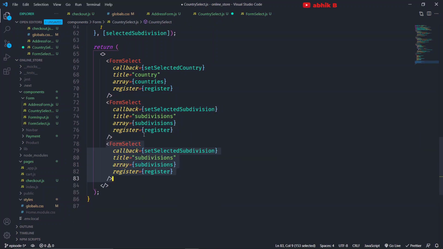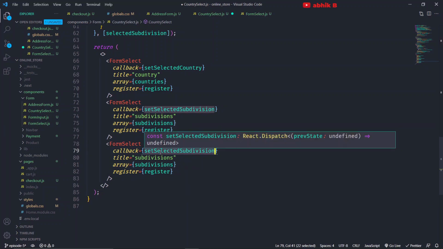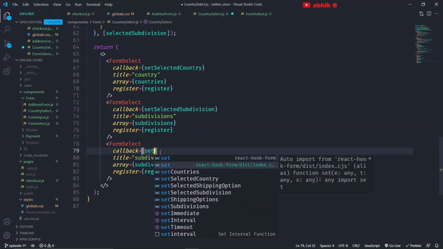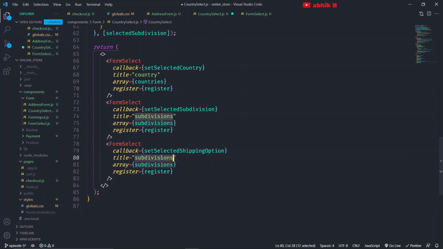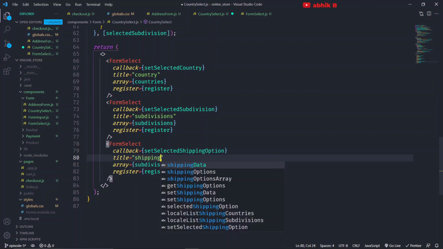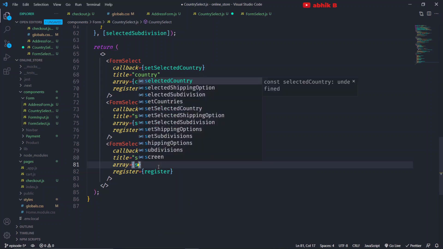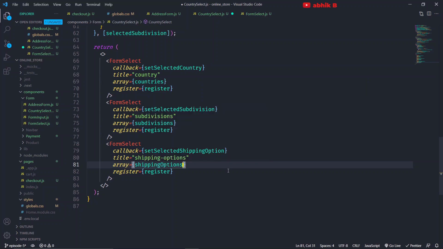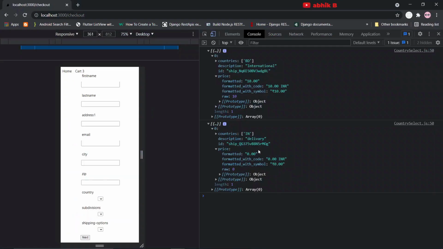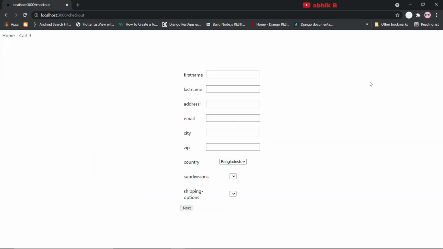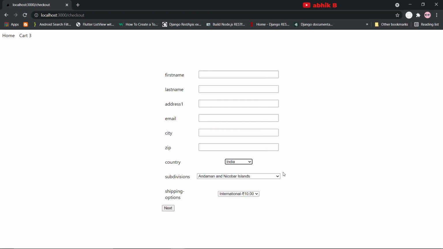So let's get another form select over here, and here instead of set selected subdivision I will pass set selected shipping option, and instead of subdivision it should be shipping options. Instead of subdivisions it should be shipping options, and register remains the same. So let's see it now. Country is Bangladesh, subdivision is Chattogram, and the shipping option is international 10 rupees. Right, if I change this to India,